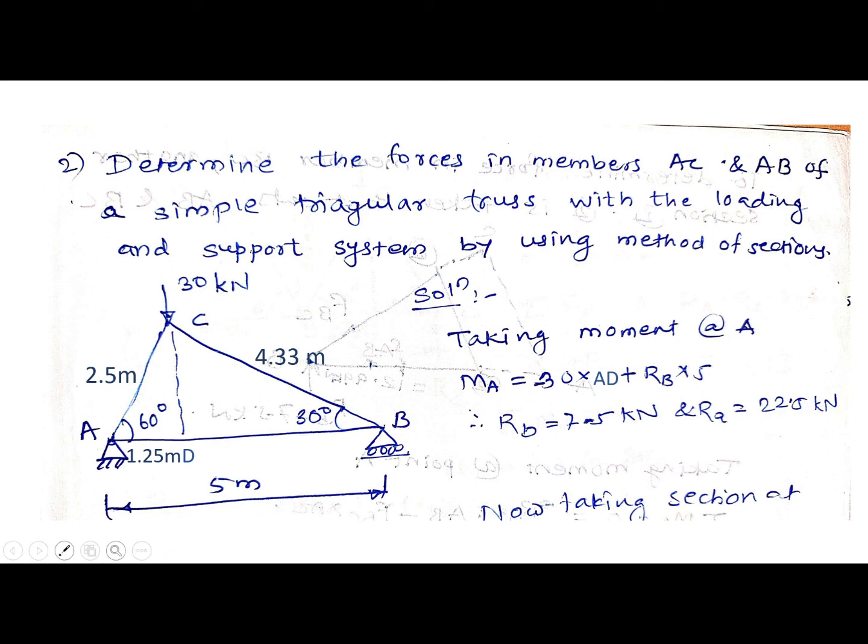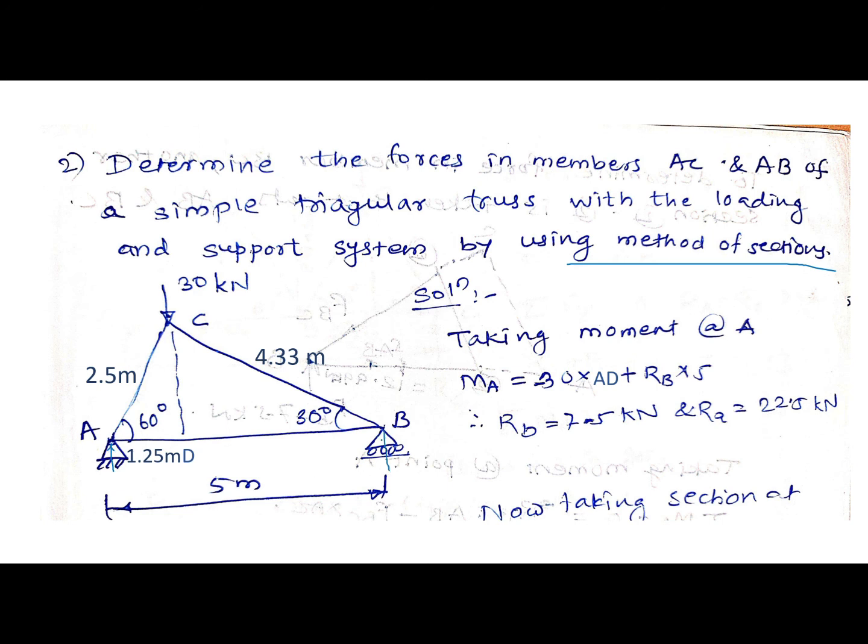Now we will see how the method of sections is applied, dear students, for solving this three-member truss. We have already analyzed a similar problem by the method of joints. Now let us see how we can apply the method of sections for this. To determine the forces in members AC and AB, we have to apply the method of sections. Before moving to the actual members, here there are two reactions which we have to find out. So let us find out the reactions first.